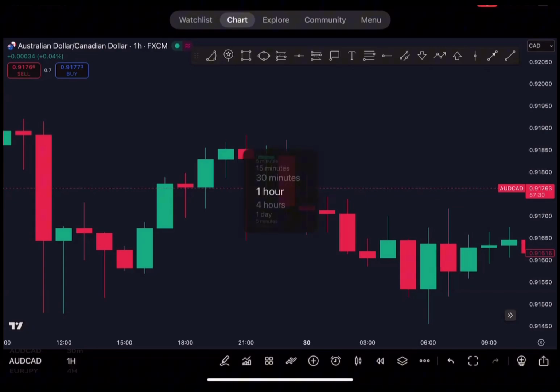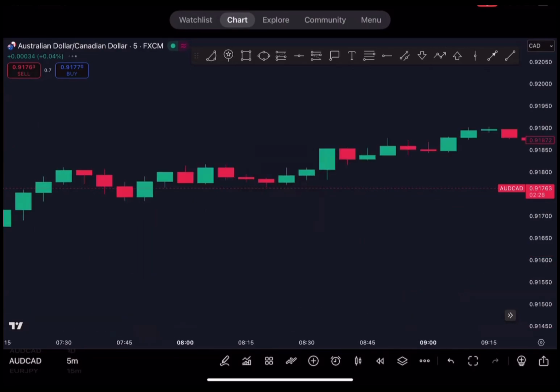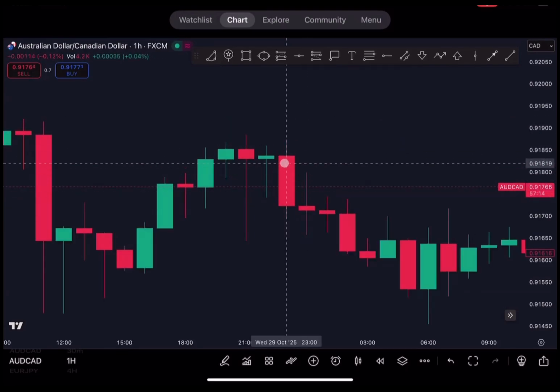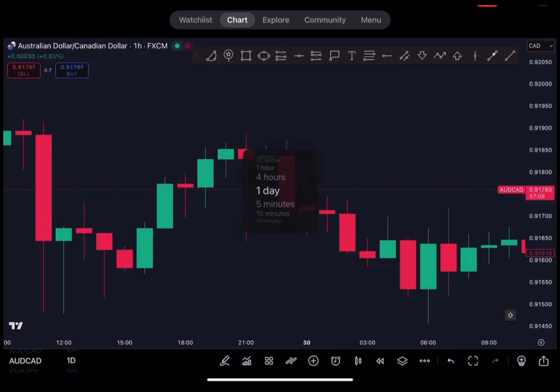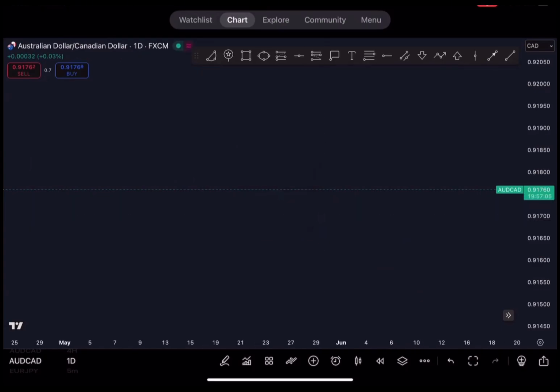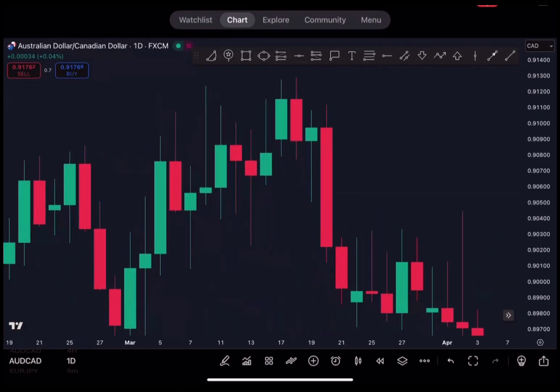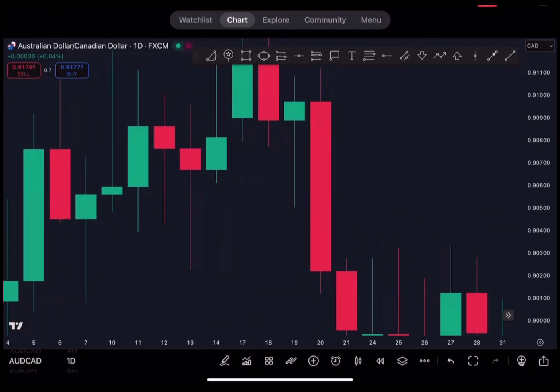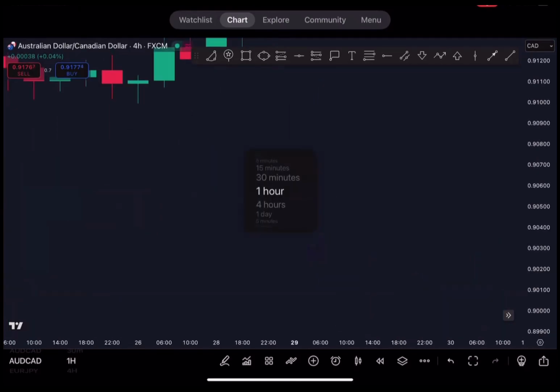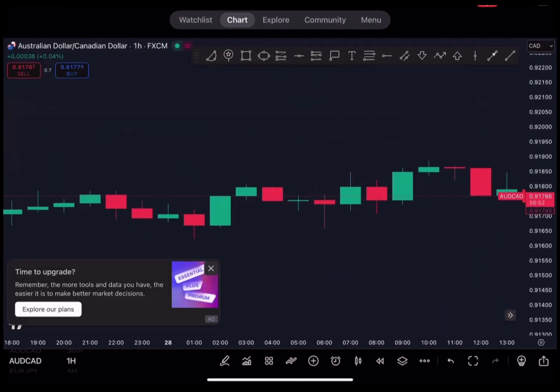Now, if we were to set it to 5 minutes, you might see those candlesticks become much smaller because that time frame didn't range as much, right? In only 5 minutes, the market only moved from here to there. But in 1 hour, you'll see the candlesticks get a bit longer because there was a lot more movement that happened within that hour. And same for day. If we switch it to day, now those candlesticks might become a lot bigger because it represents an entire 24 hours of the market. So going back to our hour time frame,